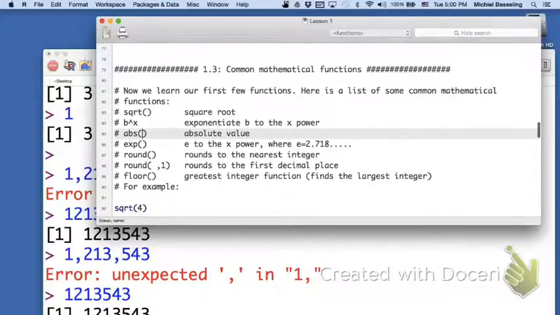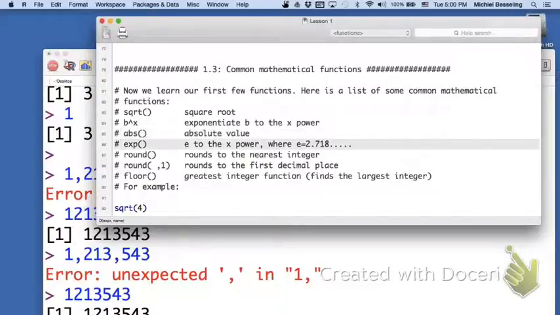Exp is actually going to be for e, Euler's number. That's the natural exponent, and that's 2.718 something something something. Some of you will use it. Some of you might not have remembered this one, but we'll see it. If we want to round a number, we're going to use the round function,